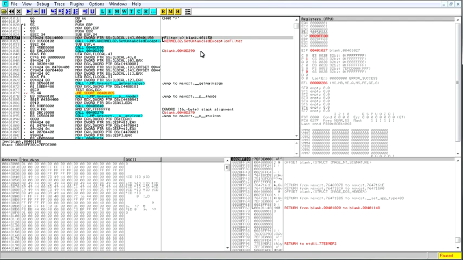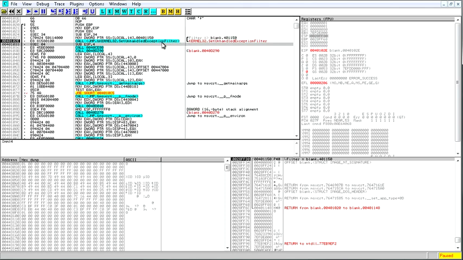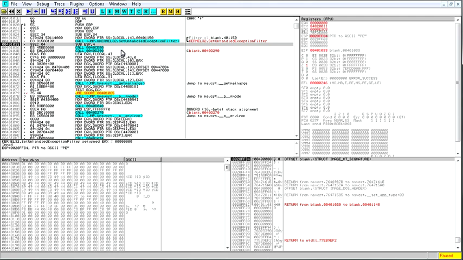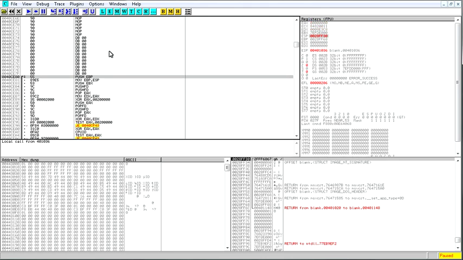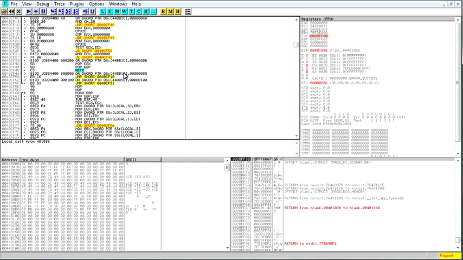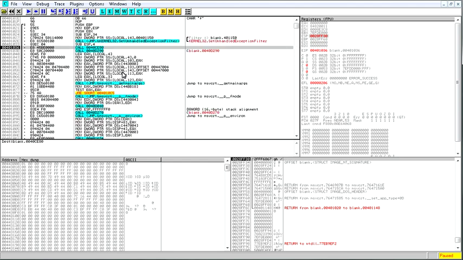So if we hit F8, we'll see that. There it goes. And now it's going to do a set unhandled exception filter, and we're going to F8 over that. Now it's going to subtract from ESP 4 in hex, which is also 4 in decimal. And now there's a call to some location down here to do some stuff. We're not going to go through that right now. We're going to hit F8 and F8.